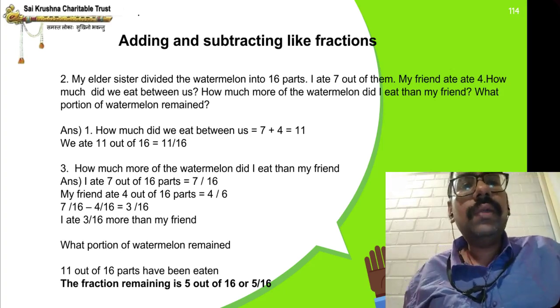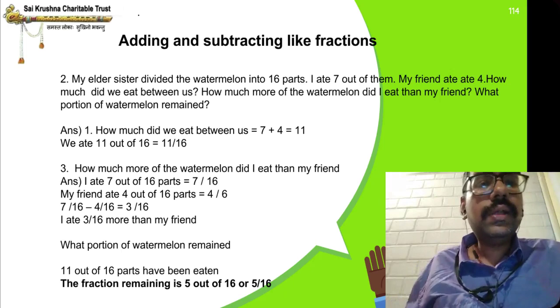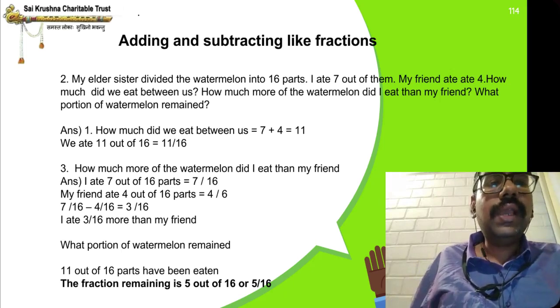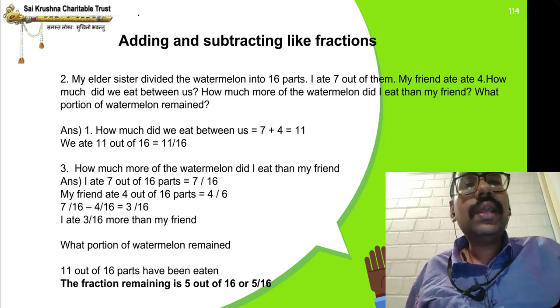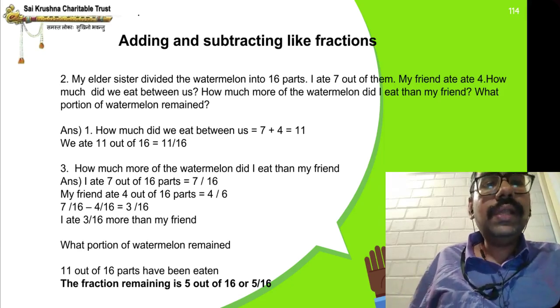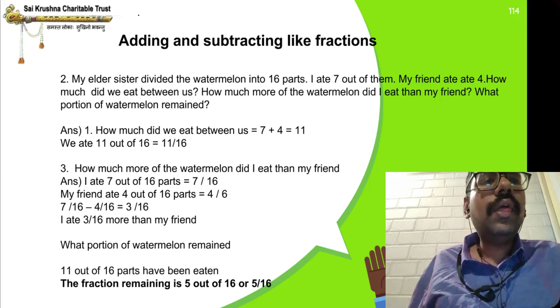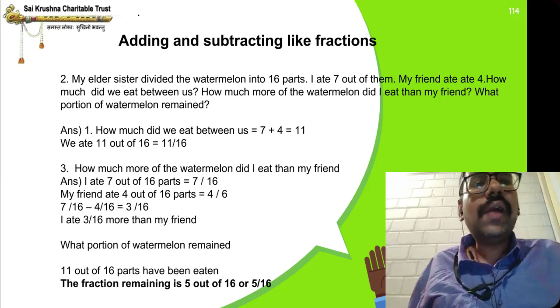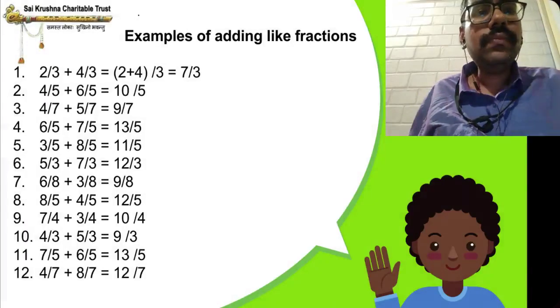What portion of the watermelon remained? 11 out of 16 parts have been eaten. Therefore, 5 out of 16 remain. I have eaten 7. My friend has eaten 4 parts. Together, how much have we eaten? Altogether, 7 plus 4 is 11. 11 out of 16 parts have been eaten. How much remains? 16 minus 11. 5 out of 16. Or we can write it in fraction as 5 by 16. Okay, children? Okay. Now,